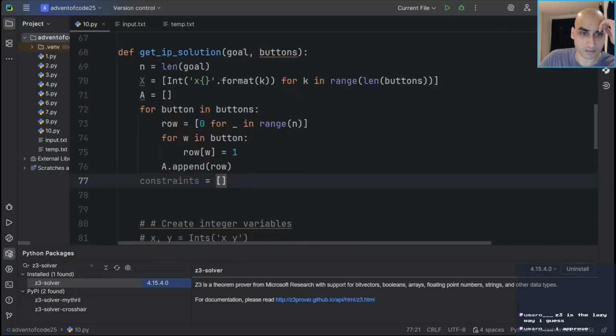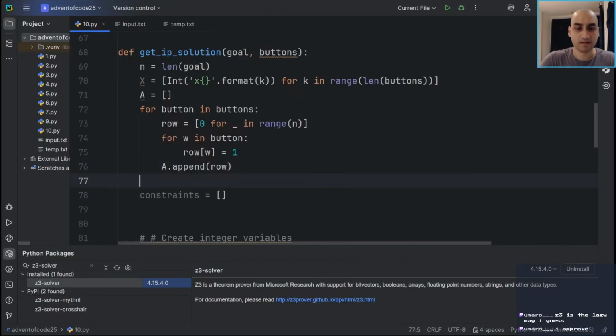All right, so can I just say something like x greater or equal to 0? I don't think it does vector stuff like this. What does it? I mean,